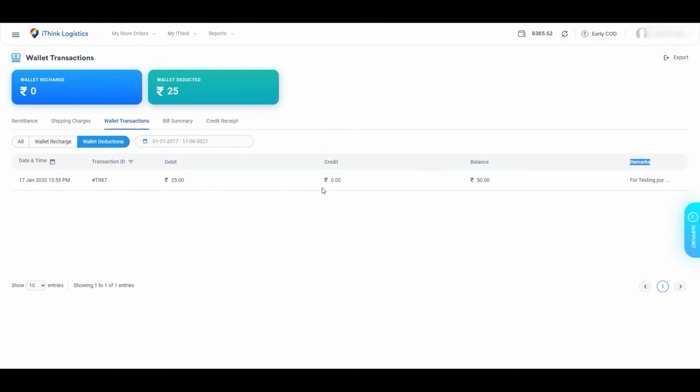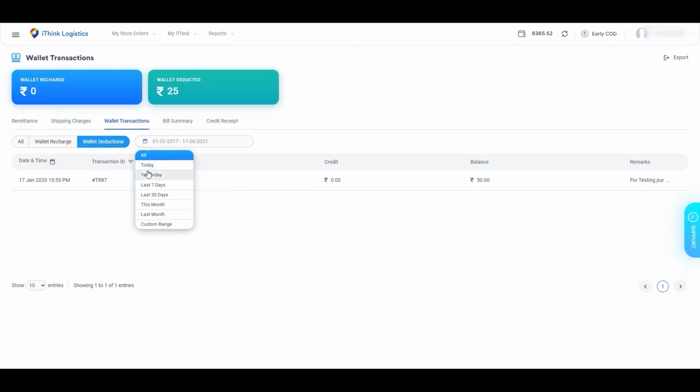Let's see how one can filter the data further with the available filters. As you have already used the date search box before, you can use it in the same way here. As you click on the date search box, a pop-up will be visible on the screen.